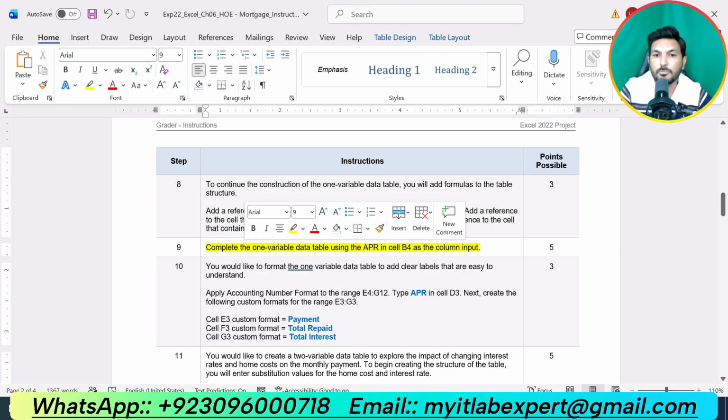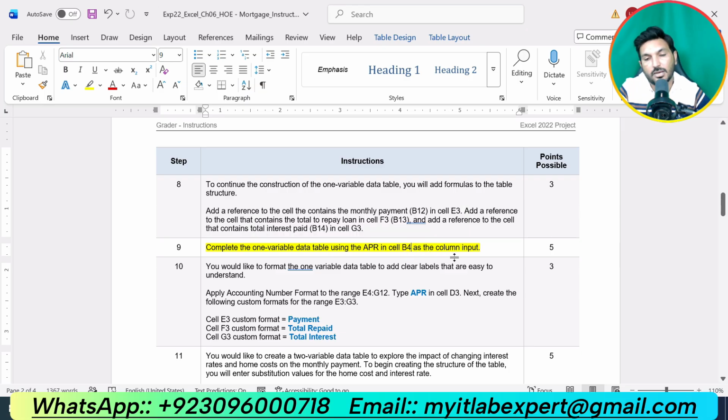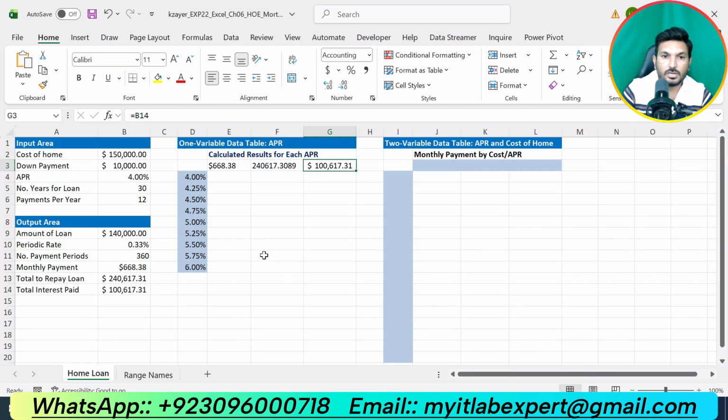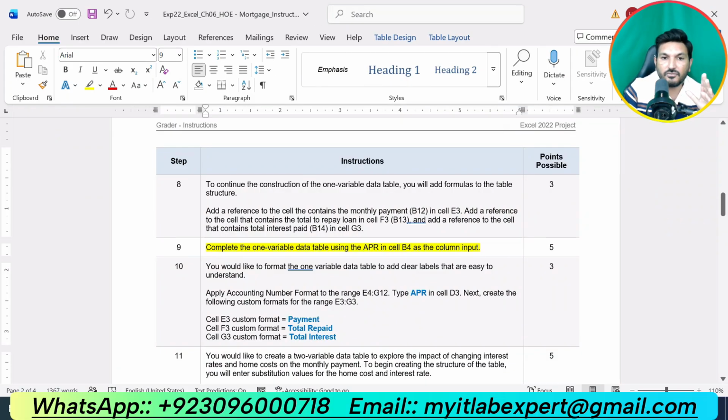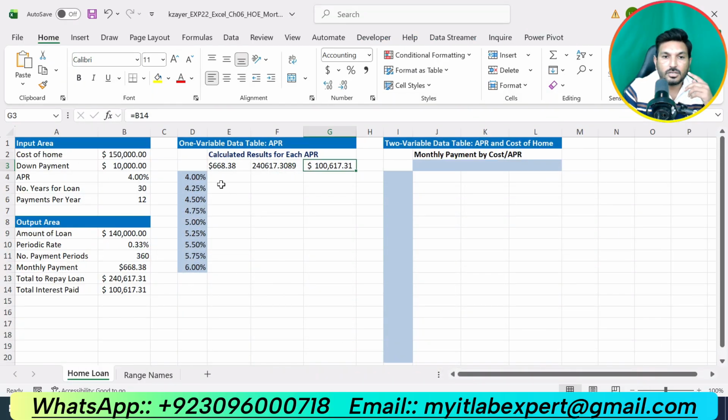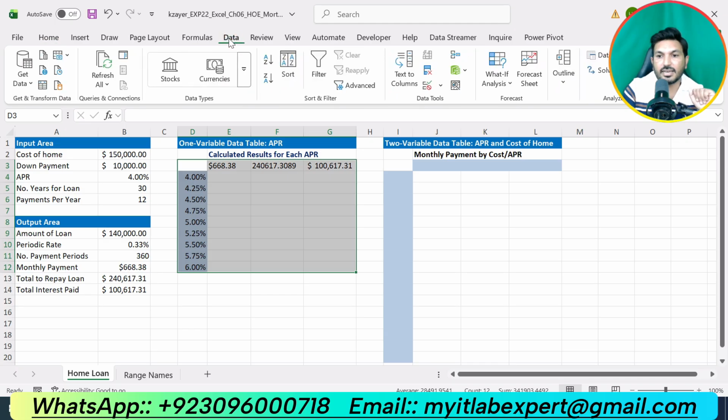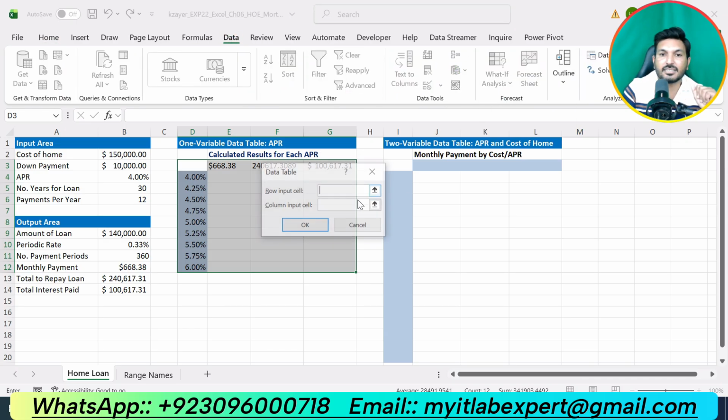Complete the one variable data table using the APR in cell B4 as the column input. So now we are supposed to complete a one variable data table. We will select this range, go to the Data tab, go to What-If Analysis and select Data Table.